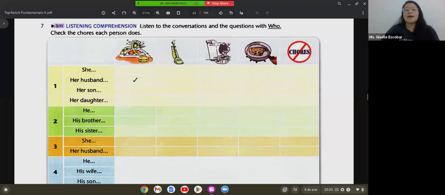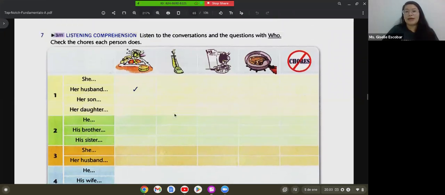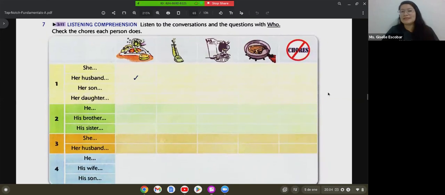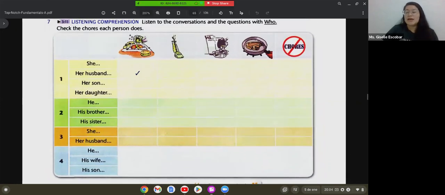So that's why, let me tell you what we are going to do. Lo que vamos a hacer en esta parte, bueno, lo que el libro nos pide, porque pues el libro está como para tenerlo en físico, right? Sin embargo, como la mayoría de nosotros lo tenemos en PDF, lo que vamos a hacer en esta parte es que pueden escribir ustedes en una página o en un cuaderno, lo que tengan a la mano, van a escribir número 1 y van a escribir las oraciones. Las oraciones que ustedes escuchen.